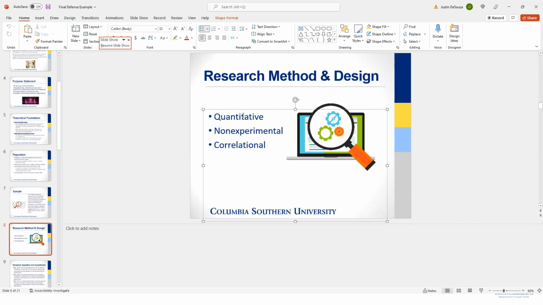Qualitative is usually running interviews, exploring underlying perceptions of the participants. But if you have an objective questionnaire and you're using Likert scales, like a Likert scale survey, strongly agree to strongly disagree, that is typically quantitative. And then you go into research design, experimental or non-experimental and correlational. Again, flashcards are really good for this type of stuff. Just have a definition on the ready for what these terms mean.